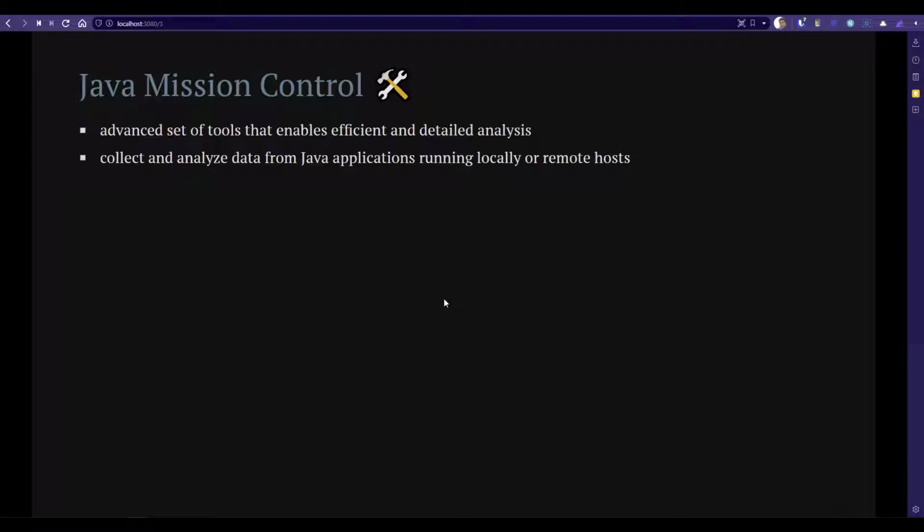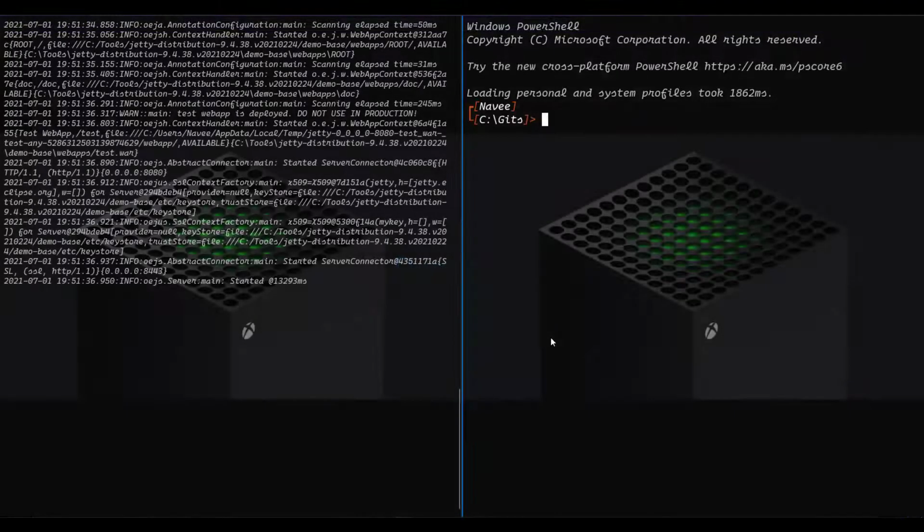On the other hand, we have Java Mission Control. Java Mission Control is an advanced set of tools that will help you to deep dive into your JVM instances. If you want something detailed and if you want to debug something more by deep diving into the JVM arguments, then you can use Java Mission Control. Now we are going to see in a demo how you can use these two tools to deep dive into your Java performance issues. As usual, I am running a Jetty server on the left side, and on the right side,